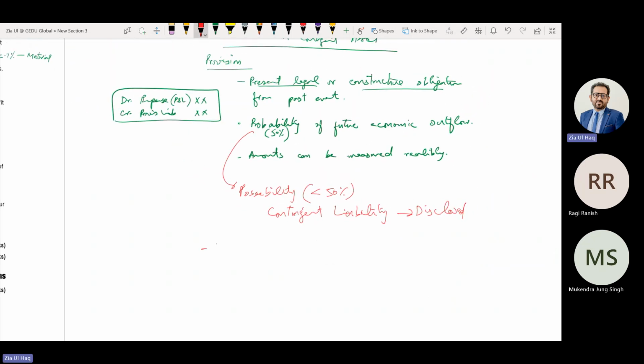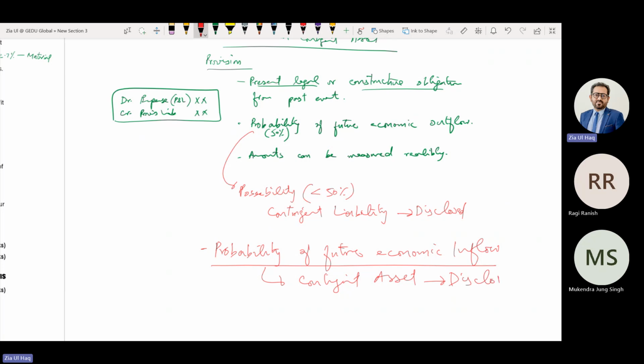If there is probability, not possibility, of future economic inflow, meaning receiving money, not outflow, in that case, we need to disclose what? Contingent asset.